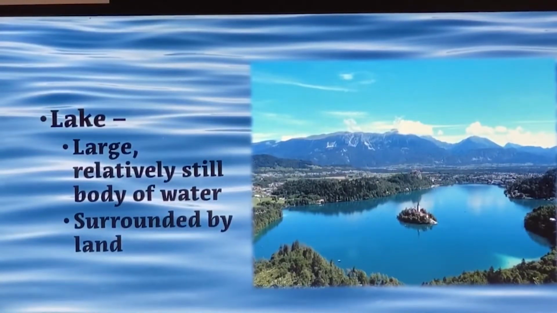The third surface water is what we call a lake. It's a large, relatively still body of water surrounded by land. Now, this is a good example of a lake. We also have lakes all over Pennsylvania. These are visible in terms of being surrounded by land, and the water doesn't move. It's relatively still. So we have the Great Lakes. In fact, you have Erie up in the northern part of Pennsylvania. That's one of the Great Lakes. It's surrounded on all sides by land, and it is relatively still.